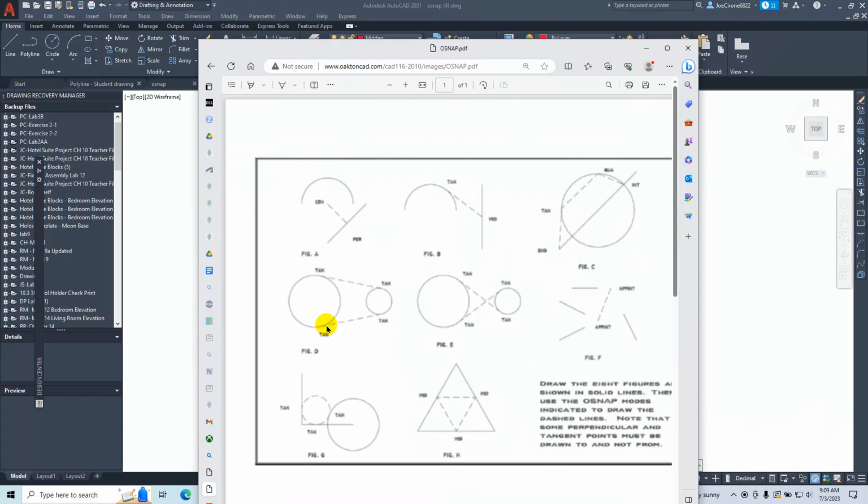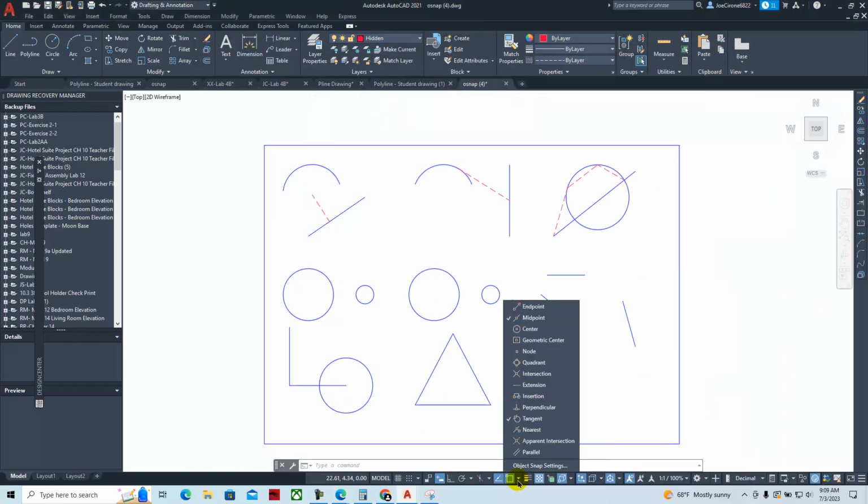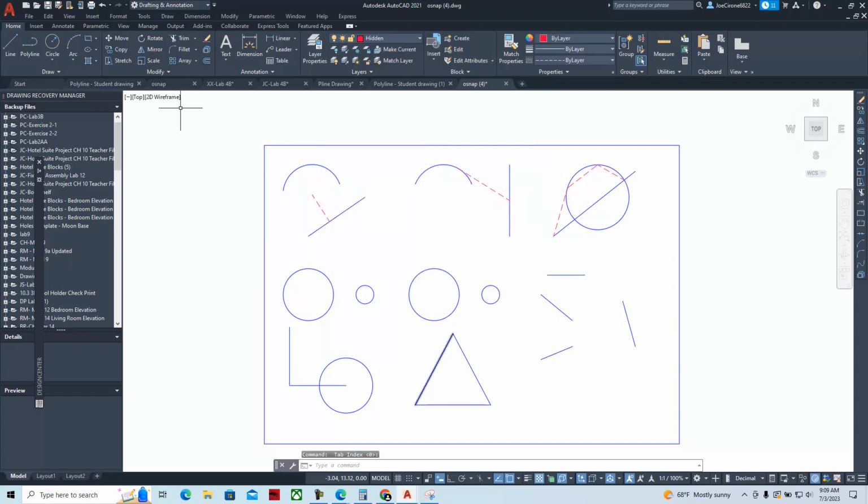We're going to set this one up for tangent and this one for tangent. The apparent intersections is a little bit tricky. You actually have to acquire and glide these, and we'll do that next after our tangency. So for our tangency, we're going to come back here to our Osnap settings. And I'm just going to clear them all off except for tangent. I'm going to say OK. I'm going to say line, and then I'm just going to glide over here, tangent and tangent,